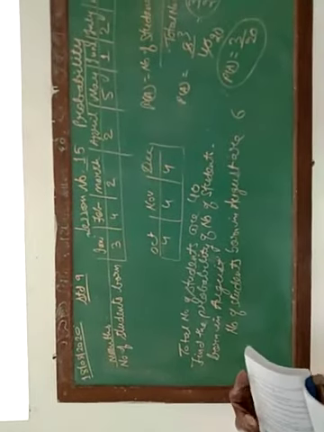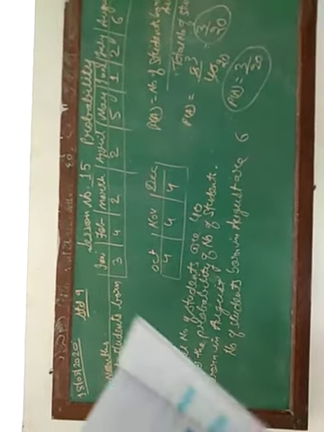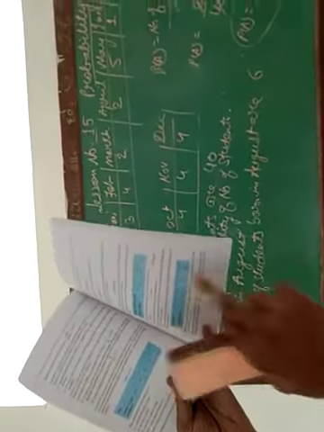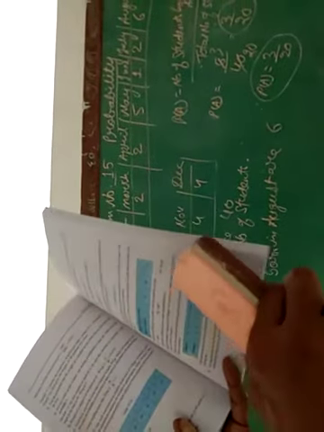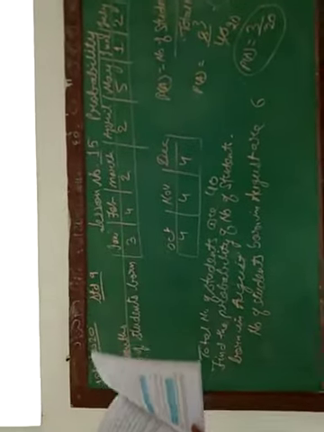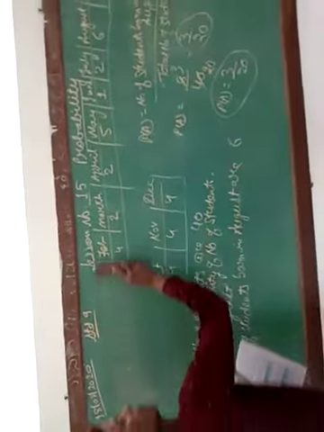Next question is given here. I am explaining. See, question number 4. 3 coins are tossed simultaneously 200 times, with the following frequencies given for different outcomes. 3 heads are coming 23 times, 2 heads 70 times, 1 head 77 times, and no head 28 times. Let me explain this question.